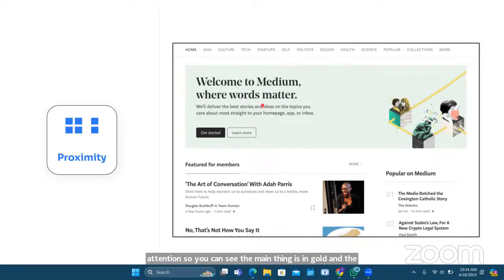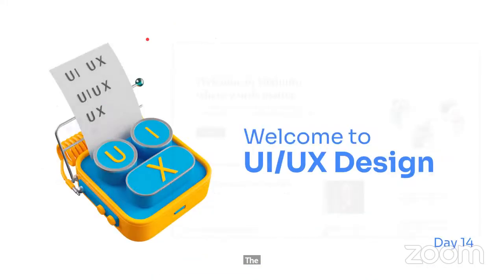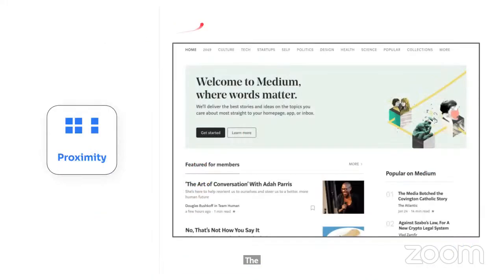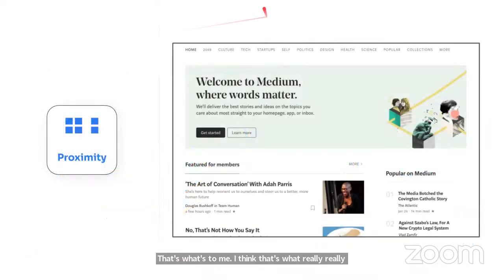Okay. So you say you didn't remember the principles, but at least you understand their operation. And I think that's what really matters, because you might remember the principles and then forget some of the things. Everything you said is correct, so nobody is wrong. Proximity is all about using space to group elements. And how we apply proximity in this design is,